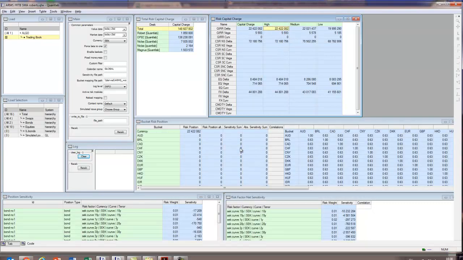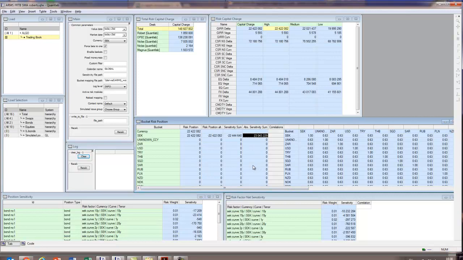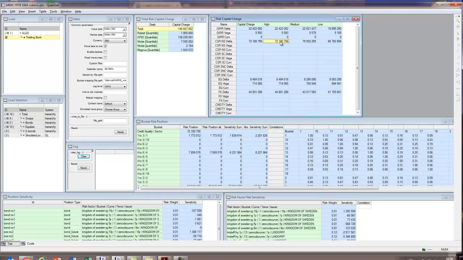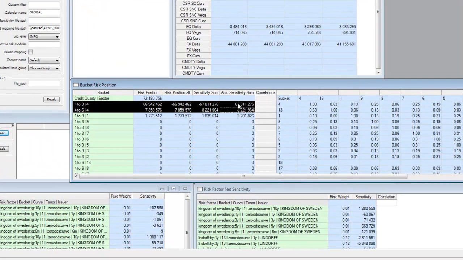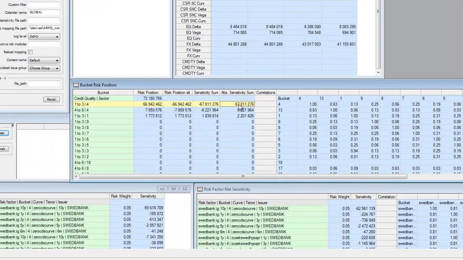And we can highlight it, and we can see that we have all the summations that are done, the regulatory aggregation engine broken down here, so we can see where all this is coming from. And then we can switch to see where the credit risk is coming from, and we can see that we have different credit quality buckets in which these are placed, and we can see that the largest part here is coming from the 1 to 3 and the sector 4, and by highlighting it we can also see the correlations